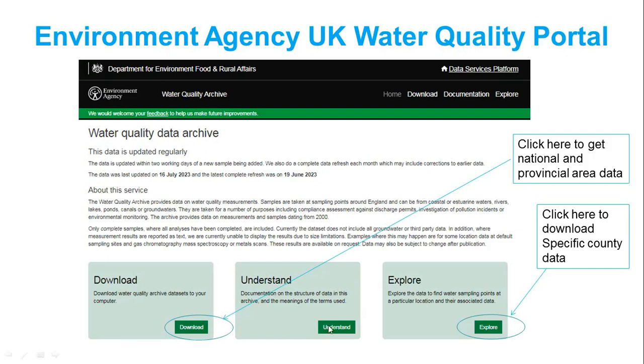And then here we have understand. This is just how to understand the data system, but it's more about the PHP system and functions of this portal. That is not more important for what we are going to do, just to understand the data, but it's not really clear. And also, we have this tab called Explore, which means that we are going to be downloading specific